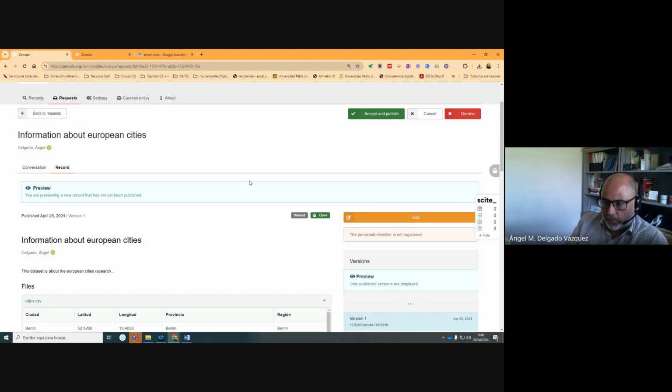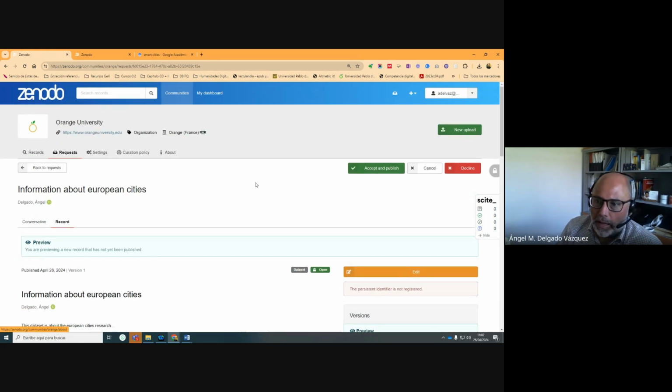Okay, and at this point, the cycle of the deposit of the data set finishes just here. Okay, as you can see, it's very easy to use this tool, this repository, Zenodo,